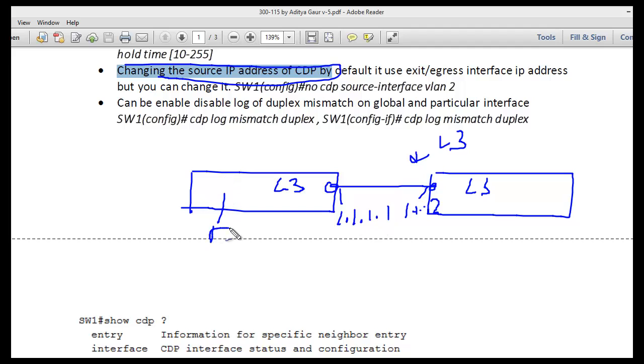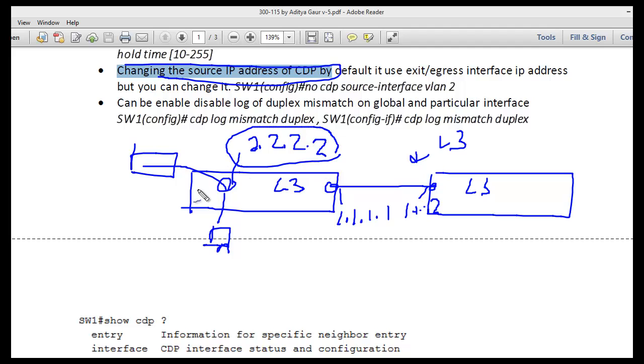There is another interface connected to another switch that has an interface like 2.2.2.2. Maybe this is switch B and this is switch A. By default CDP takes the IP address of the exit interface.